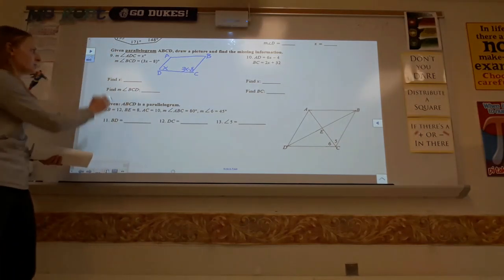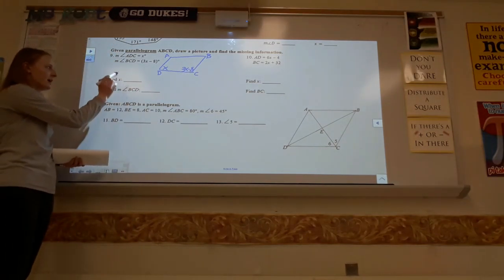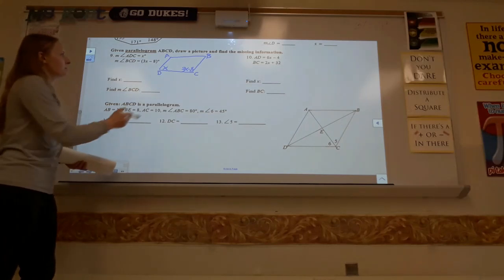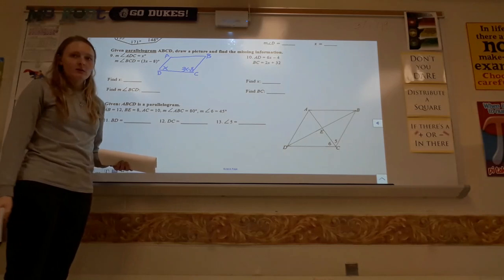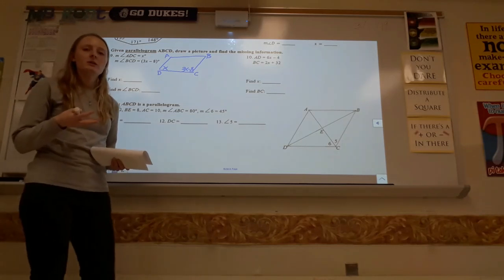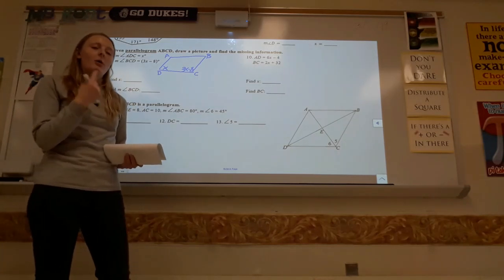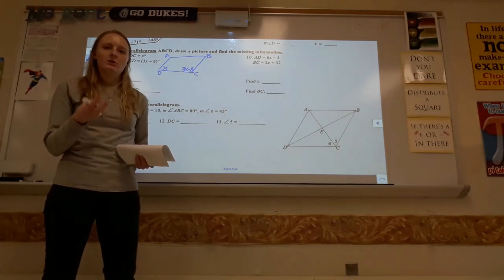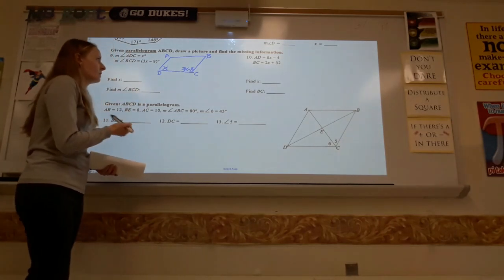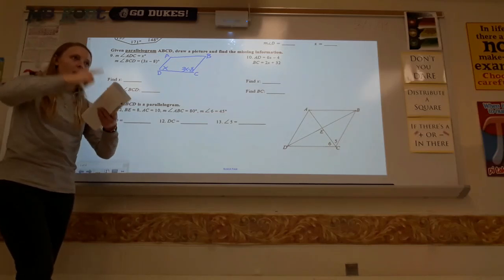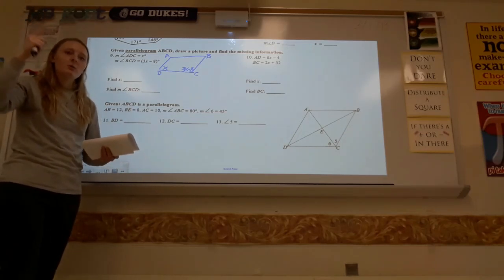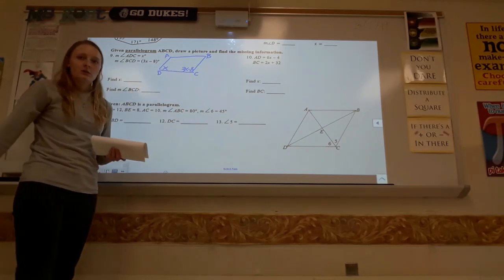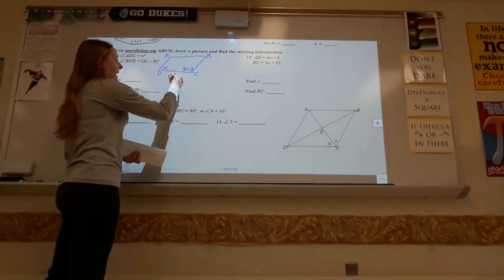They want me to find the value of X and then the measure of that angle. So what I have to do is figure out what's the relationship between the two angles that they gave me. Well, obviously the four properties of a parallelogram: the opposite sides are equal, the opposite angles are equal, the consecutive angles are supplementary, and the diagonals bisect each other. So the two angle properties are that the ones opposite or across from each other are equal, and the ones that are consecutive are supplementary. These ones are the consecutive ones. So those are supplementary. So if I add them together,